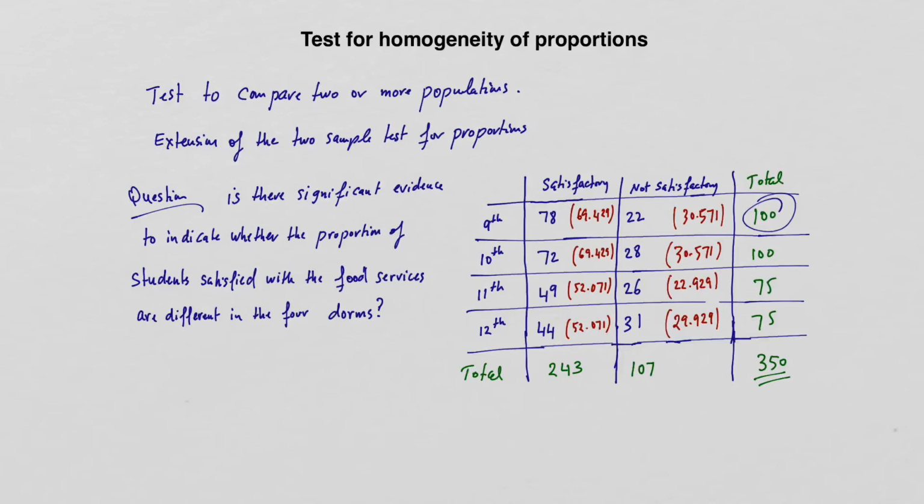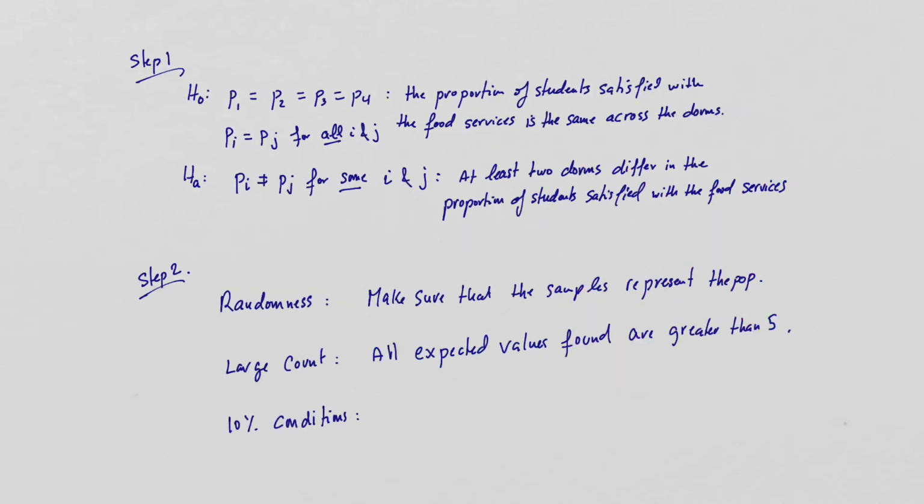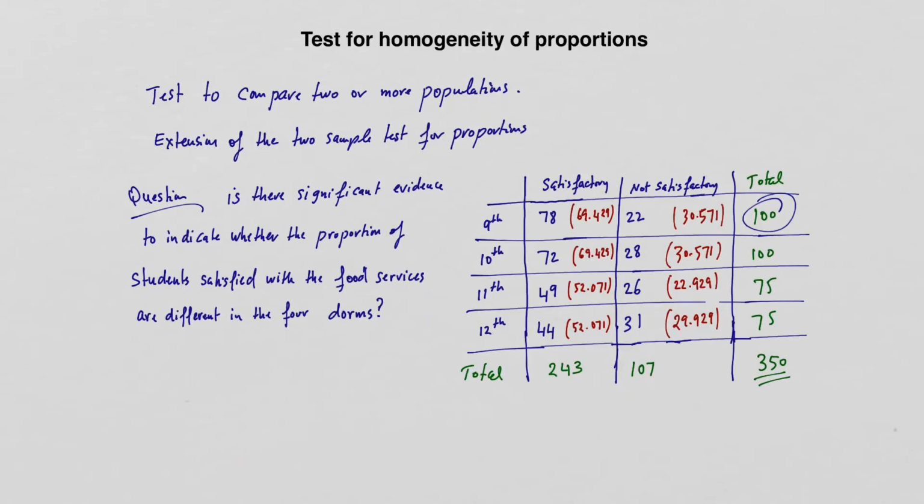And whenever you're selecting without replacements, you must check the 10% condition. Basically, we want the population size to be very large. So if the population of 9th grade dorm is at least 1,000, at least 750, and at least 750, then you're fine. If the population size is smaller than the numbers I just mentioned, 1,000, 750, 750, then we have a problem unless